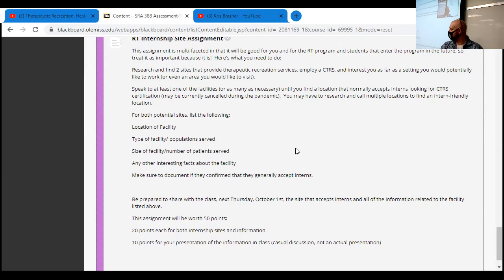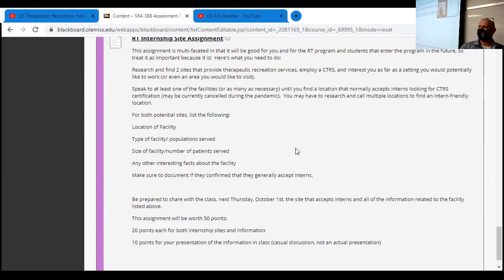Okay. That may be a good spot, and it may be a good way to put your foot in the door, or our foot in the door, at maybe getting some students out there. But anyway, all it is, for those of y'all who weren't in here, you're going to find two sites.